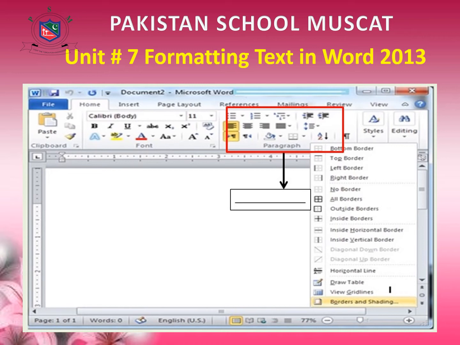So first of all you need to type some text. As you can see, this is the Word window. Here in the document area you need to type your text. Once you type that, you need to select it, and as you can see over here, this portion is the ribbon area. First you need to click on the Home tab. Once you click on the Home tab, next there is a Paragraph group. In the Paragraph group there is an arrow key.